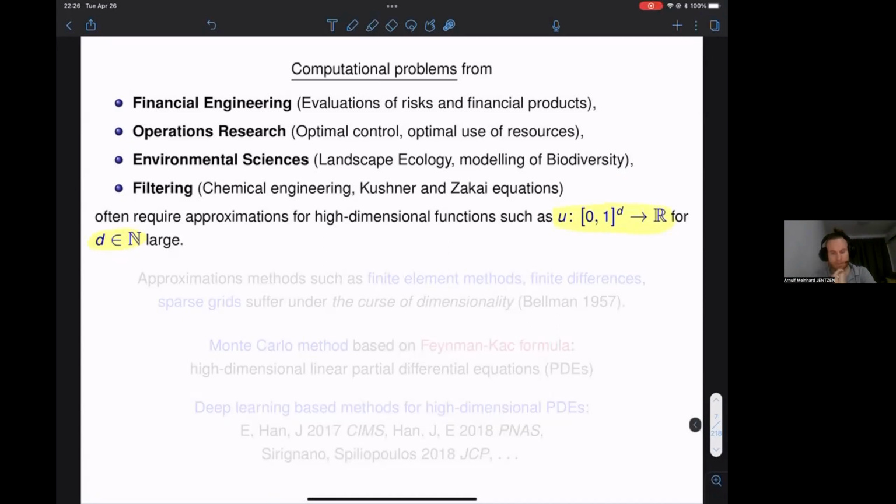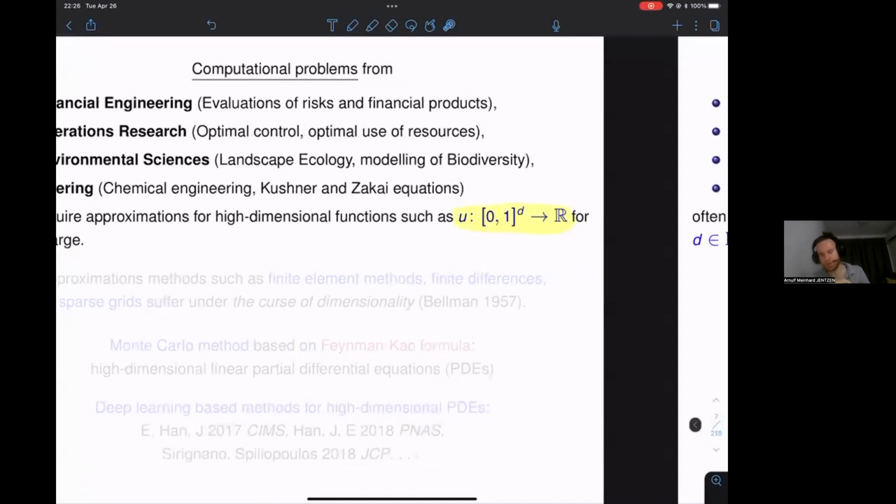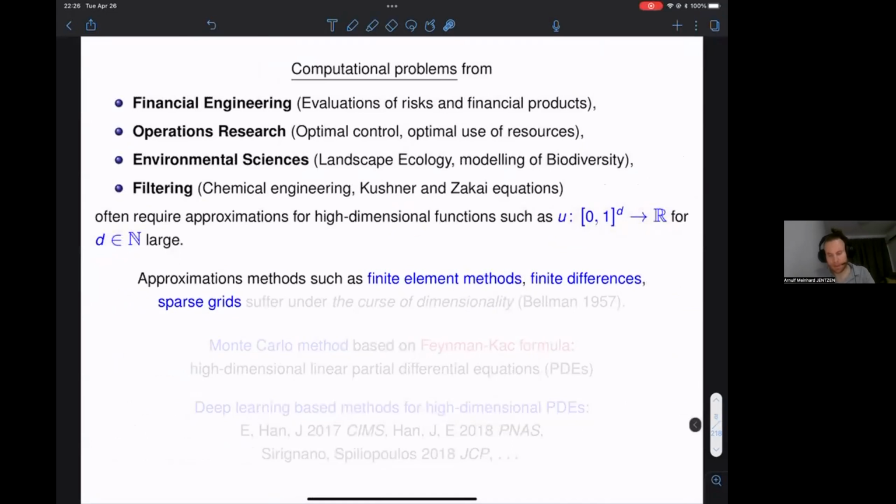And approximation methods for partial differential equations or for such problems in the literature, such as finite difference approximations or finite element approximations or sparse grids, they suffer under the so-called curse of dimensionality, in the sense that the number of computational operations and the amount of memory used to calculate with such computational methods grows exponentially in the problem dimension. For example, you can think of